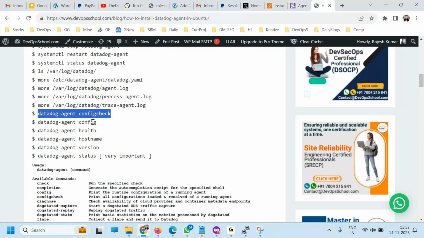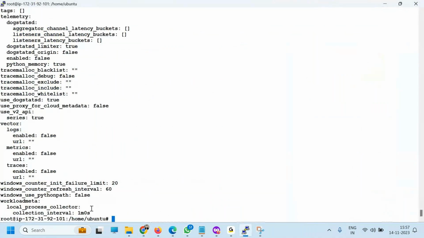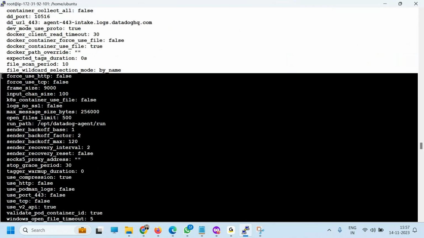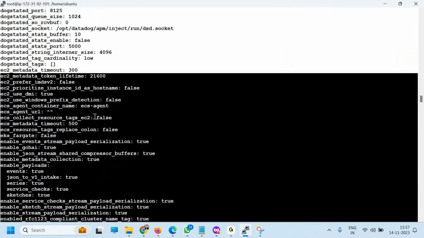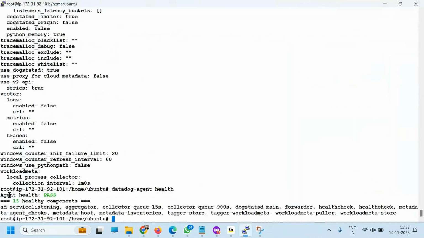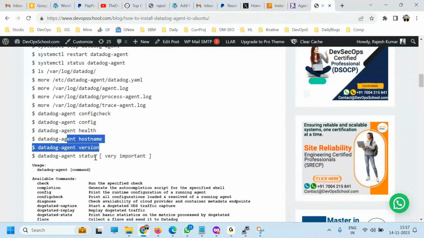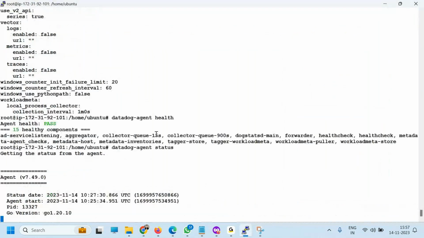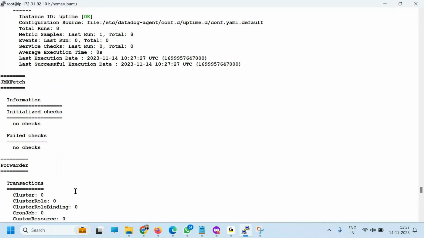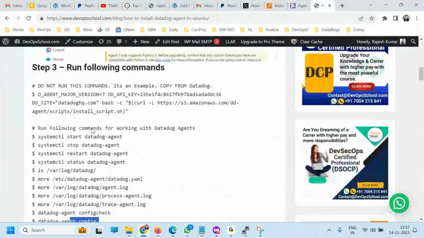You want to check the configuration, datadog.yaml, which got loaded. This command is useful to see a summary of it. This is the datadog.yaml file only, but this command will give you the summary of what you have enabled, disabled, and which got default. You want to check the health of the agent, so this command will help you. Right now 15 healthy components and everything is passing, plus host name and version. This is a very important command. You should check the live status of your agent. Every configuration which is running in the agent, you can see here. This is the way you can check and start working on the agent.